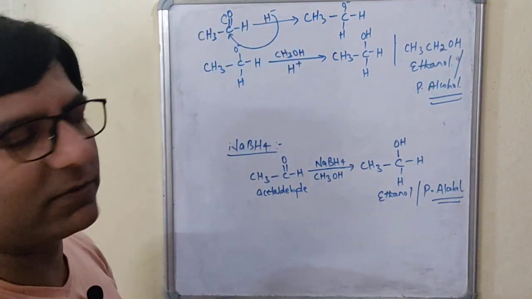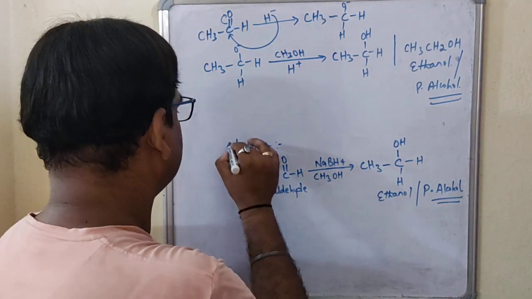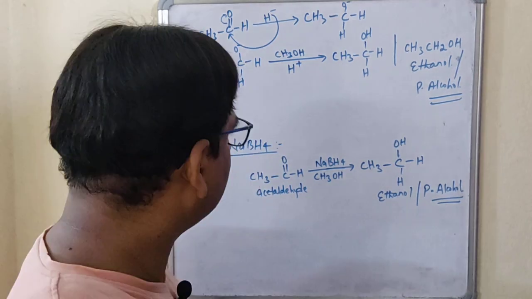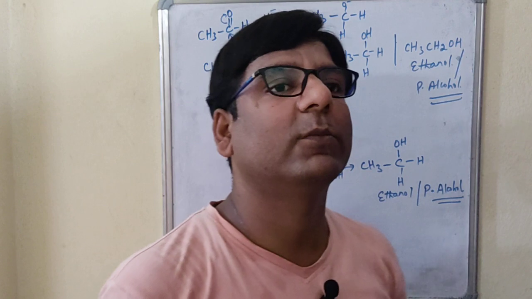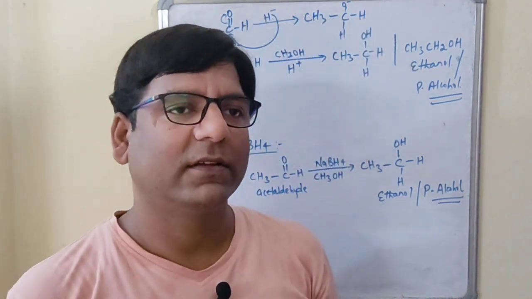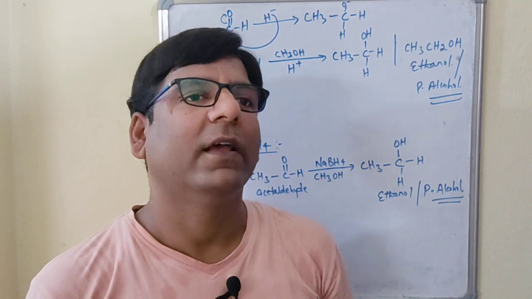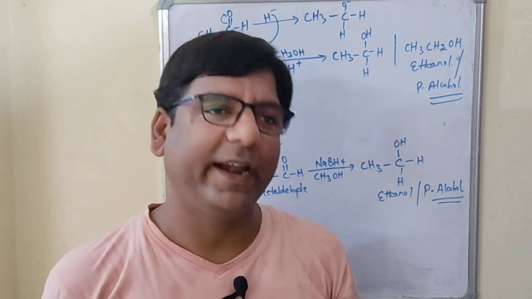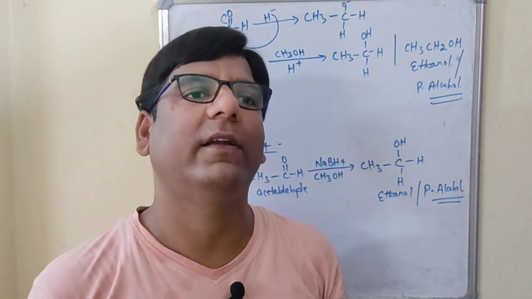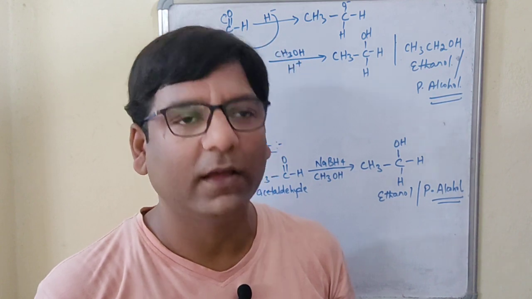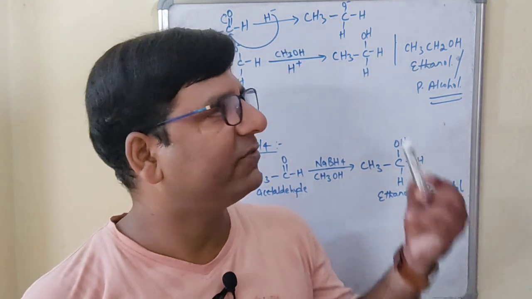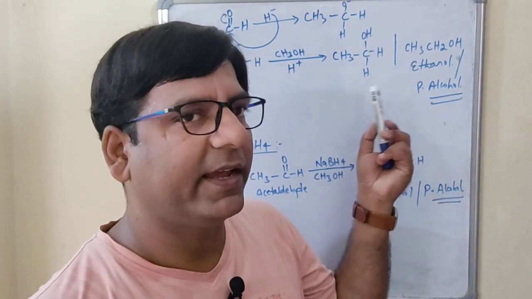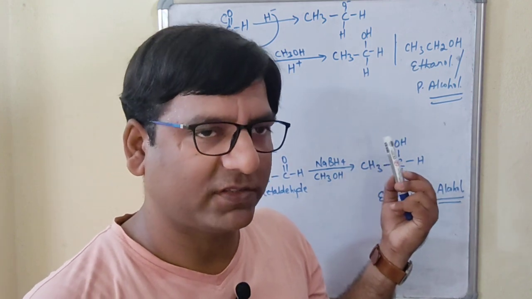Hope you have understood this mechanism, students, using the sodium borohydride or using the lithium aluminum hydride. So students, this is all about the reaction and the mechanism of these metal hydrides doing the reduction. You have seen how it carries out the reduction process, and you have to remember that all these will give the hydride ion, and that hydride ion is responsible for the reduction process. It is very easy. You can practice for other compounds as well in the same way that I did.